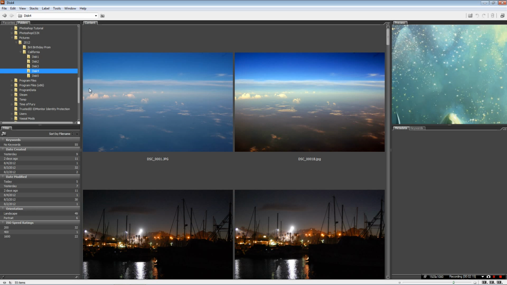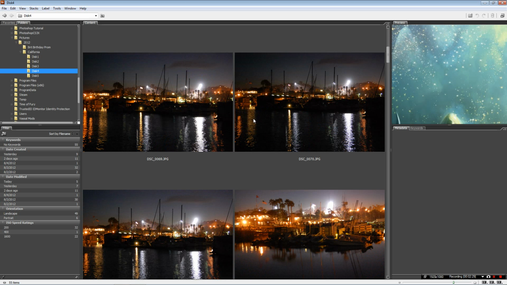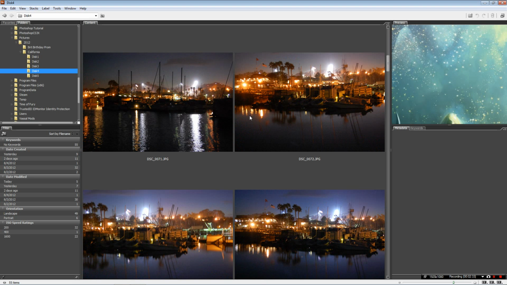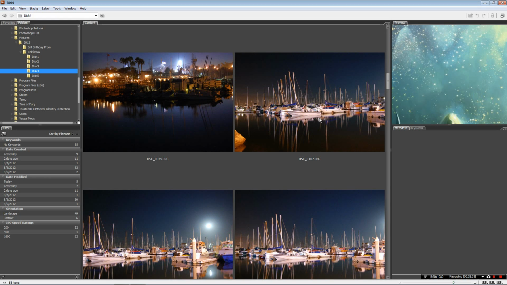So I've taken some of my photographs from my trip, and I just copied them all into a couple of folders here, and I've just been scanning through them, looking for some of the ones that I might want to look at. And let's take something like this one here,